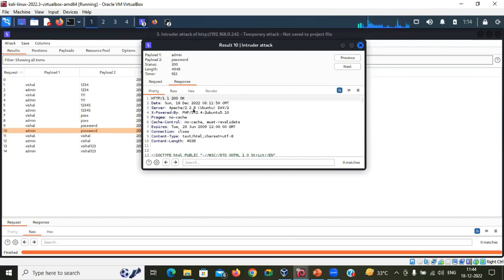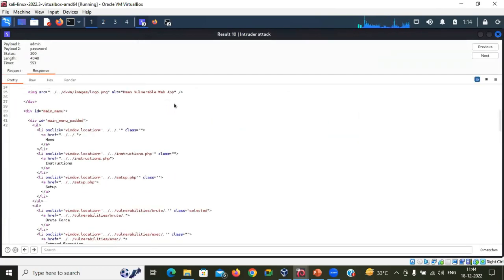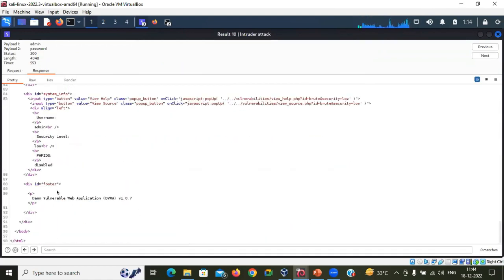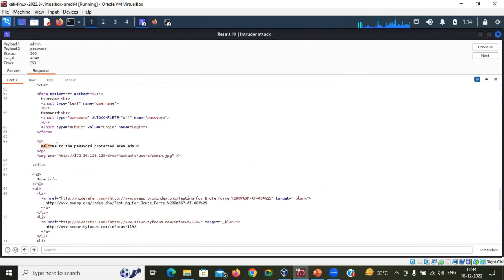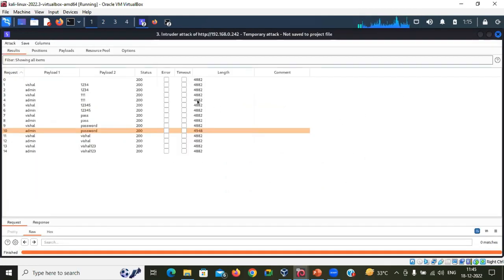So in the response tab, when I open the response tab and check the response, here you can see "Welcome to the password protected area." So finally this length belongs to the correct user and correct password. So Burp Suite helps you to identify the correct user and correct password, and that mechanism in Burp Suite is very fast. If I put here a long password list, okay, let me close this thing,